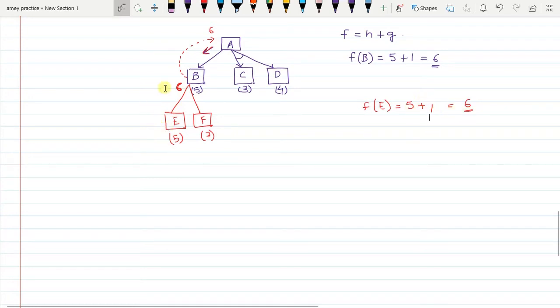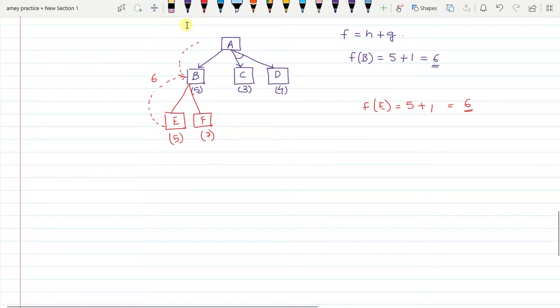So when the value of E is back propagated to its immediate parent, what will be back propagated? So 6 will be back propagated to its parent. Correct? So whatever is the newly found F value of E, that is 6, the same value will be back propagated to its parent. Now while back propagating, we will not again consider this one edge. Why? Because in calculation of F of E, the cost along that edge is already considered, and that's how it is 6. So you directly back propagate the same value to B. But now please note what will happen further.